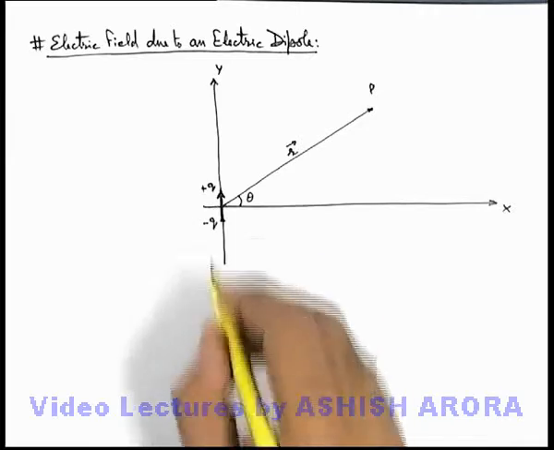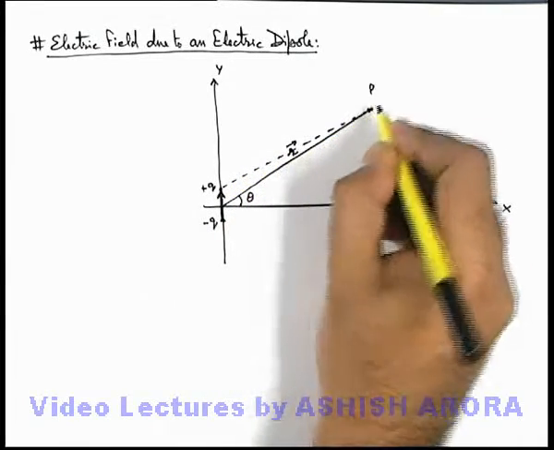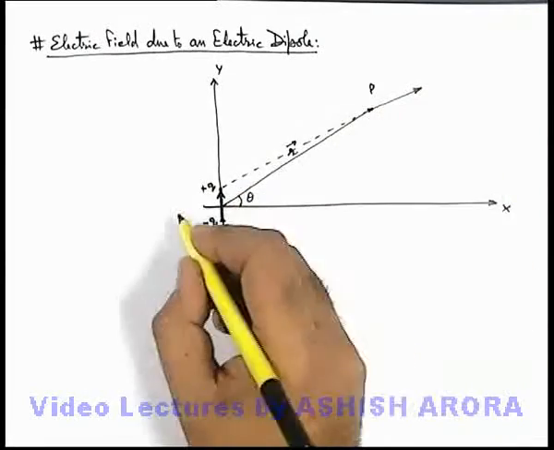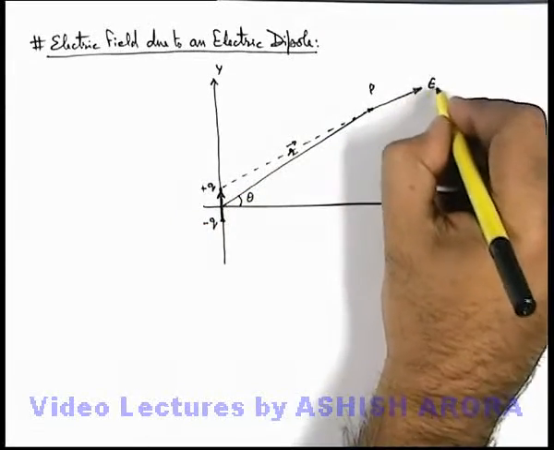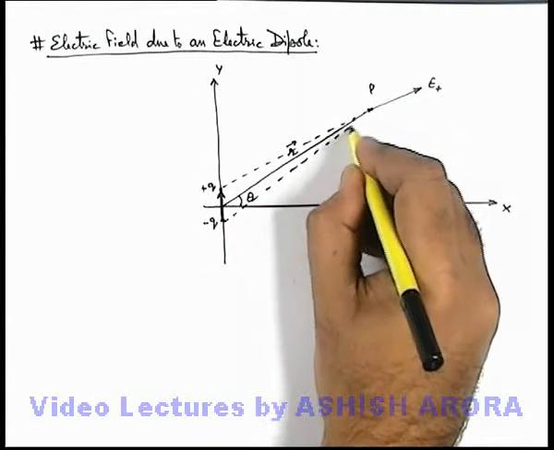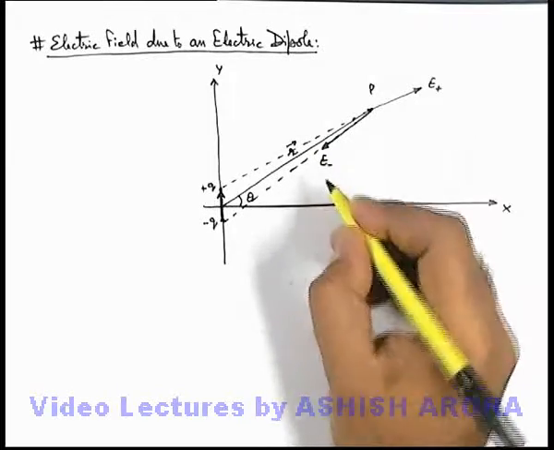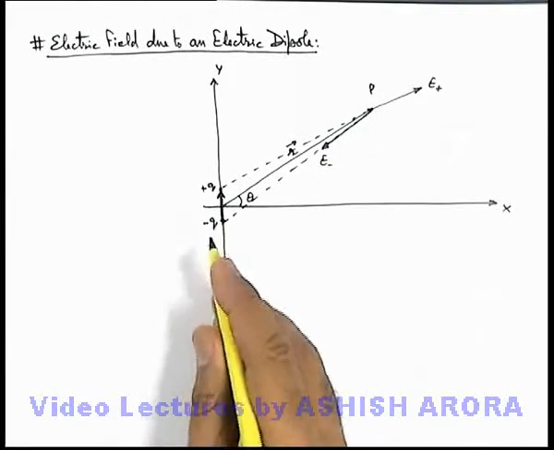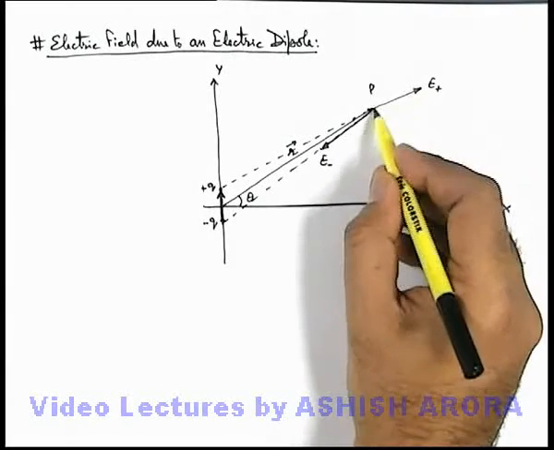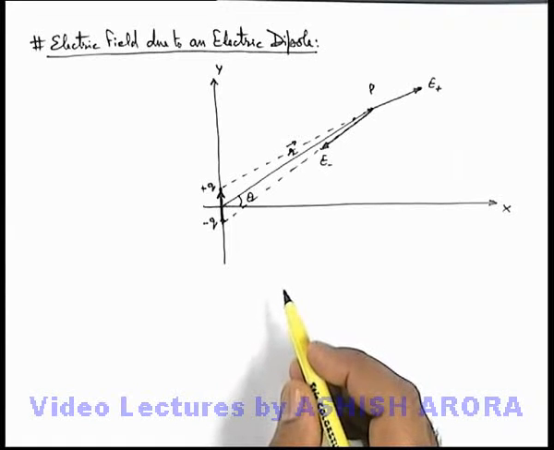Then in this situation we can see, due to the positive charge at point P, the electric field will exist in the direction away from the charge because it is positive, so we can denote it E due to the positive charge. And due to the negative charge, the electric field will be E due to the negative charge, directed towards the negative charge. The resulting electric field, which is the vector sum of these two fields, is the net electric field we can denote at point P.